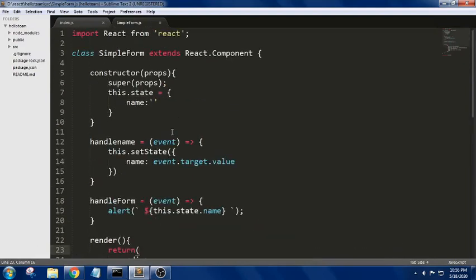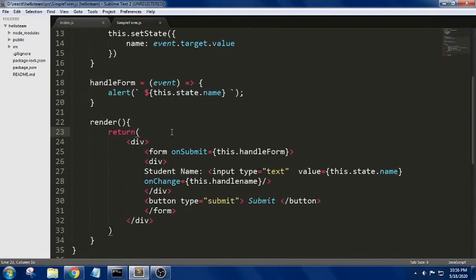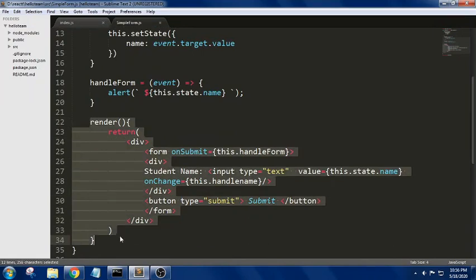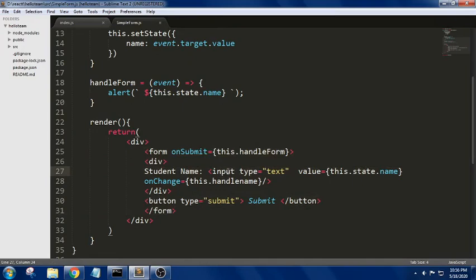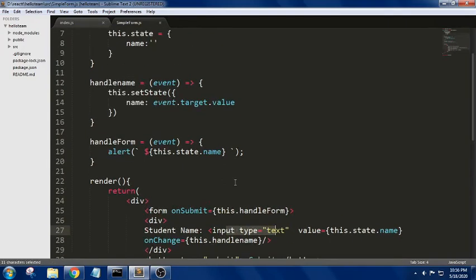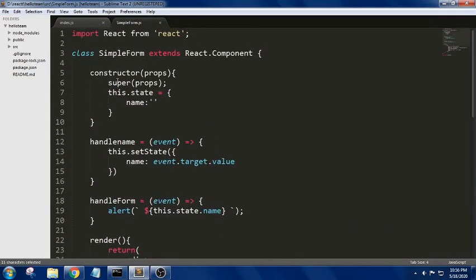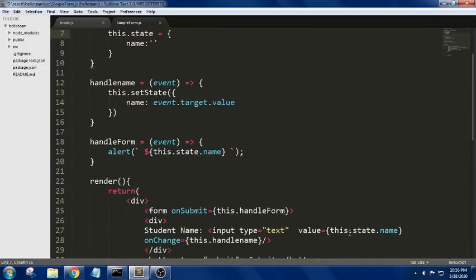So let us elaborate this snippet again. First, initially we started writing in this render method. We created a basic form using JSX. We created an input field, and we define a constructor with props as a parameter, and we call the base class constructor using the super keyword, and we created a state for this name.